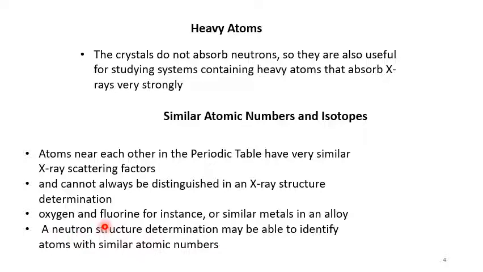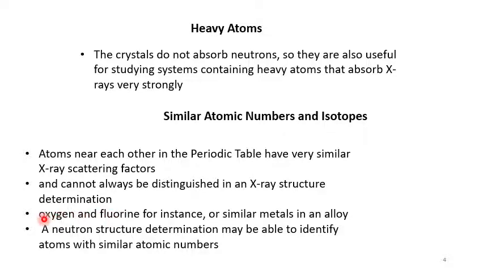Oxygen and fluorine are close to each other in the periodic table. This is an example. Or similar metals in an alloy is an example. So oxygen and fluorine will not be differentiated in an X-ray diffraction analysis pattern. A neutron structure determination may be able to identify atoms with similar atomic number. So neutron diffraction analysis can be used for such types. For example, in case of oxygen and fluorine,